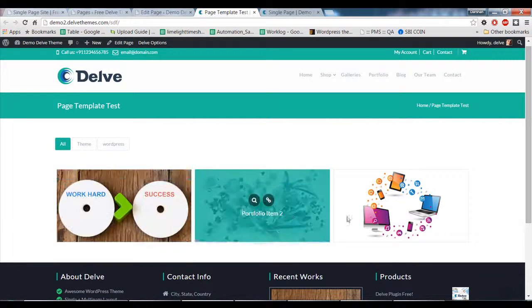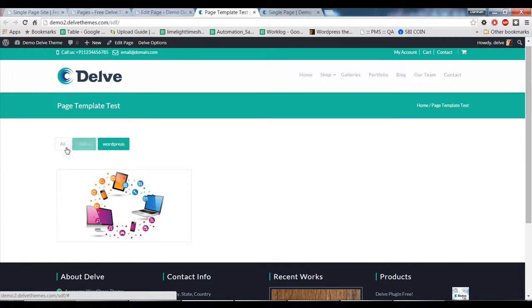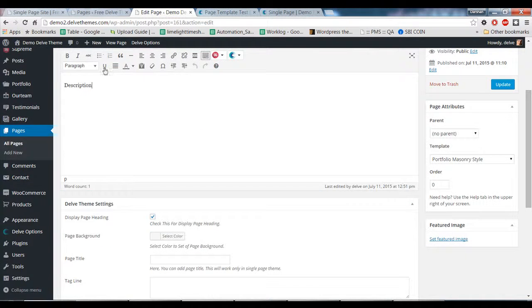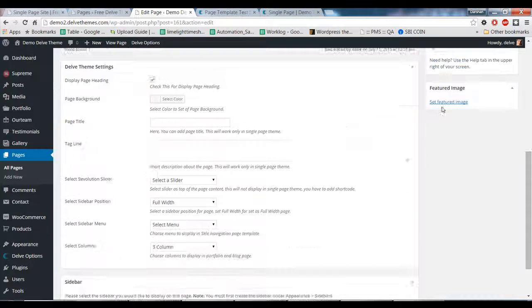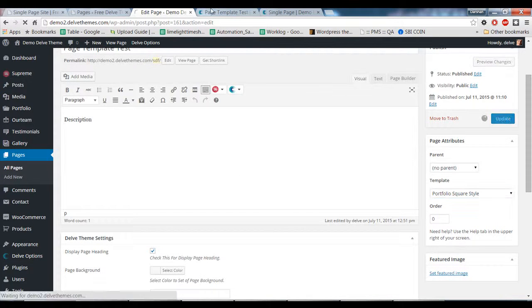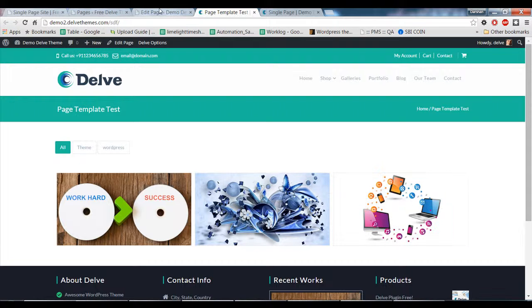Now you can see it's a 3-column layout with the filter. So this is now a portfolio page, and it is a masonry style and square style. Right now we have supplied all the images with the same size, so it is not going to display in the masonry view. If different size images are given, then its layout will be quite different and it will look like a masonry view. A square style will also look similar for now,